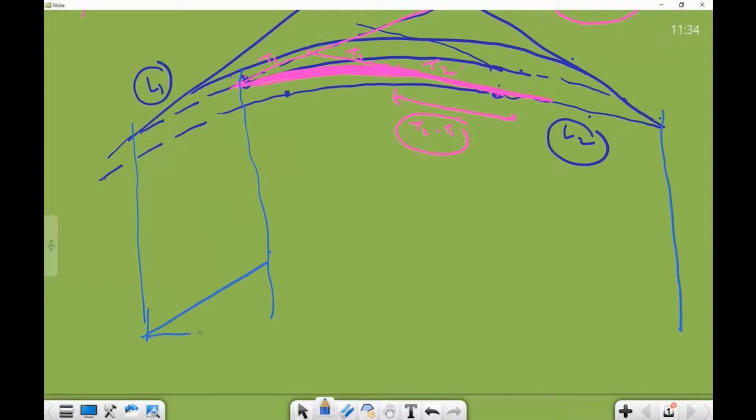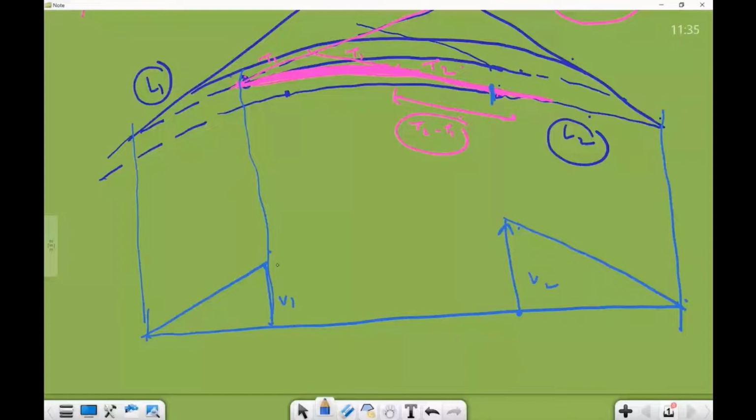In this portion, your versine, ये यहाँ तक आ रहा है, your versine will be like this. Normally, if L2 is more than this one, if this is V1, this is going to be V2, and in between you have to modify your versine. आपको versine diagram में ये versine इन दोनों के बीच में modify करना पड़ेगा continuously. Why this kind of diagram? ये इस टाइप का diagram क्यों आ रहा है? To understand this, let me just